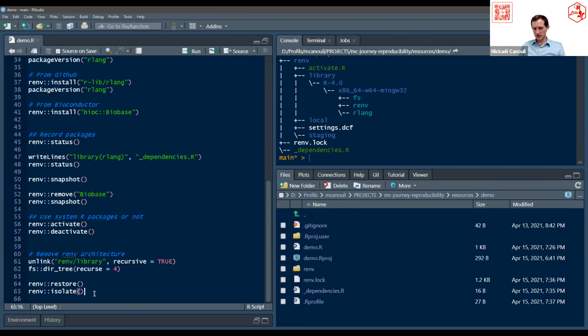And if you really want to isolate your project, there is the isolate function. The isolate function takes all the packages that are in your cache and replaces all the symbolic links in your library with the actual packages, meaning your project will be bigger in size because you will have all the packages needed in that project. But according to your setup and what you want to do, that could be a good idea, because this way you know that your project is really portable. You can just put it on another computer, and you will have all the R packages needed.